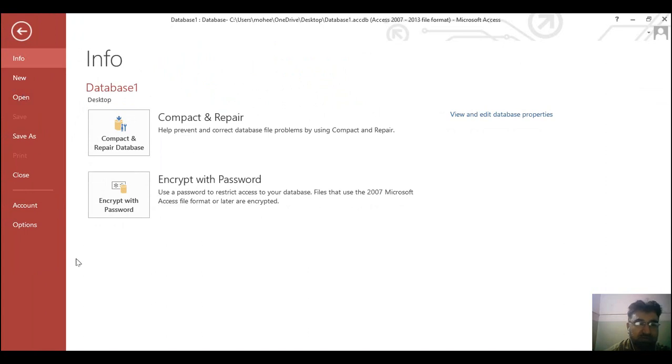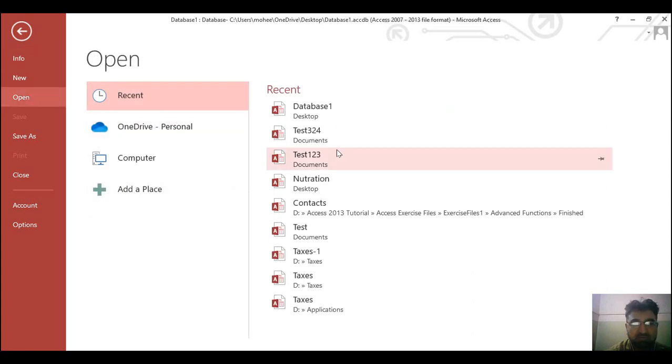Now I hope that you are familiar with Microsoft Access: how to open a Microsoft Access file, how to save it, how to create a table, how to save your table, how to save as, and how to open an existing database. Then let us go to the next lesson where we'll open a particular database.